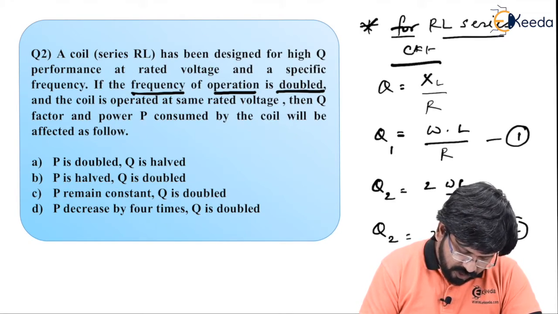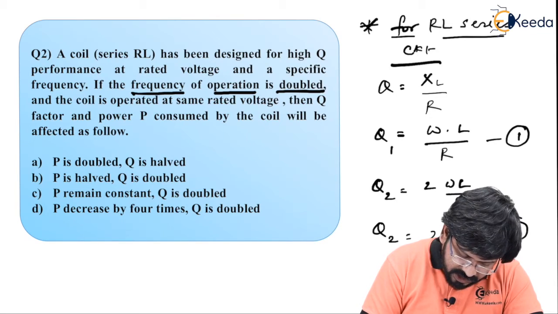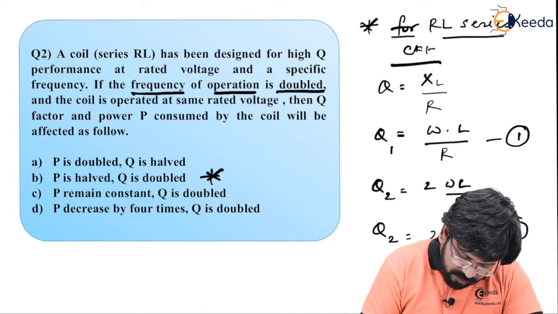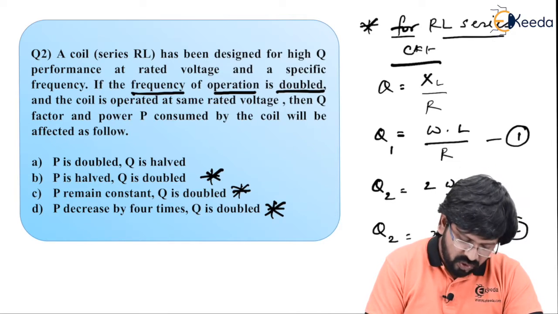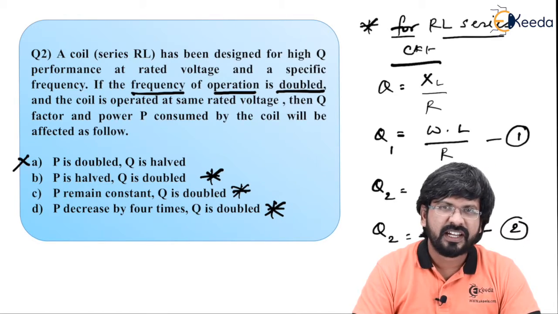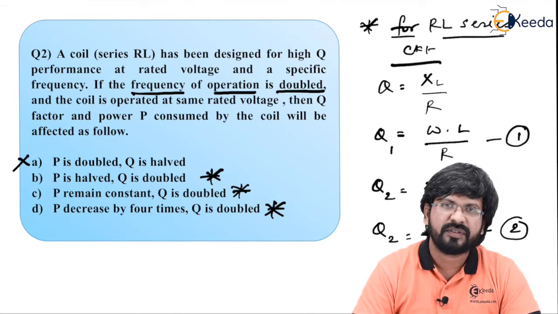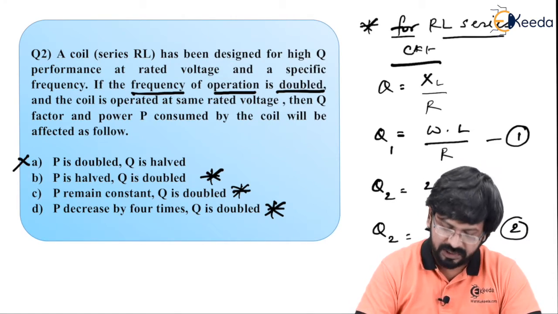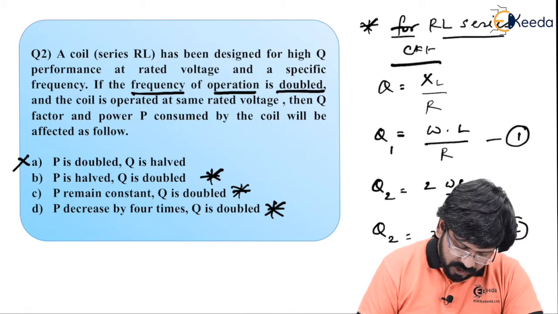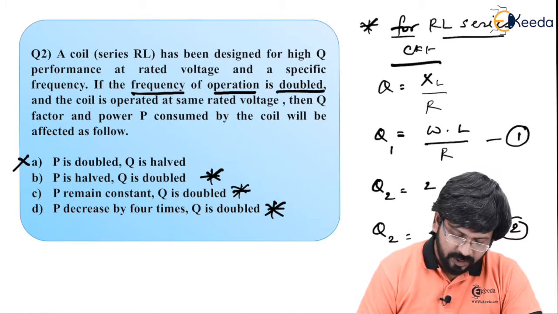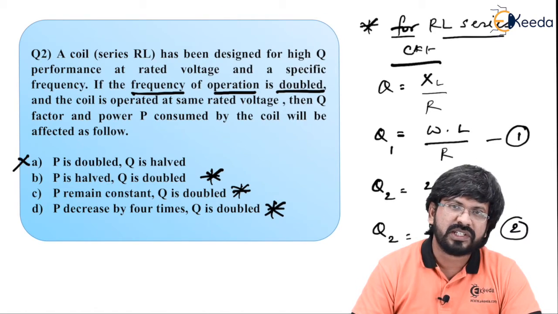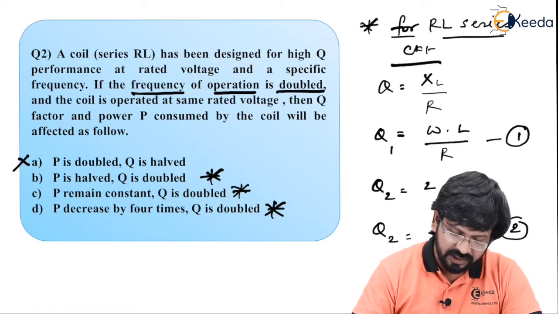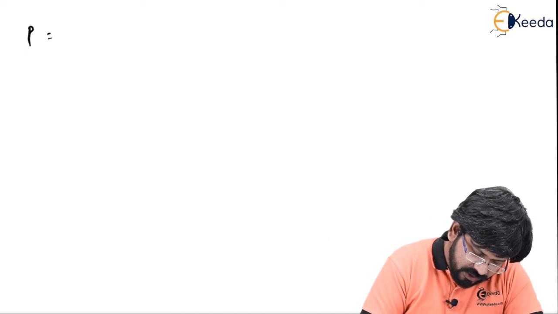So, now if you refer the options, option number B says Q is doubled, option number C also says Q is doubled, and option number D is also saying Q is doubled. Only one out of 4 option is eliminated. Option number A is eliminated, which says Q is halved, that is Q becomes half of the previous. So, the competition is among option B, option C and option D. For that purpose, we have to see what if the frequency is doubled, what is the effect on power consumed by the circuit. We should know power is always a consumed power